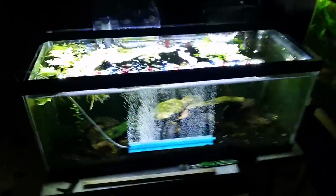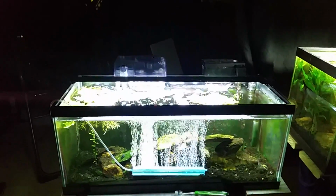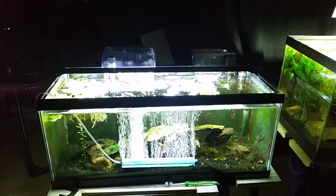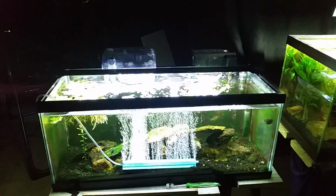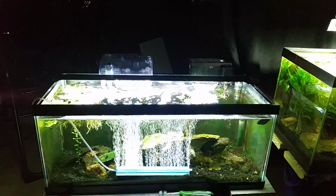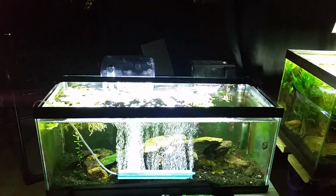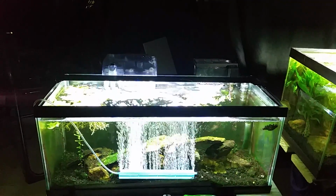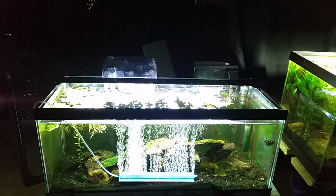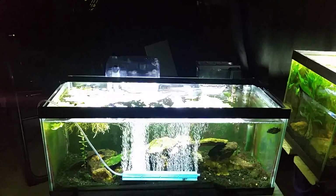The brackish tank. Boy, it's got lots going on in the brackish tank. We are treating for the red slime cyanobacteria again, and this time I'm not skimping on the air, as you can see. I did treat before. I did get a pretty good effect. I lost a bumblebee goby though, and I didn't get a full kill of the cyanobacteria, and I believe it was because I underestimated how much oxygen would be needed by the